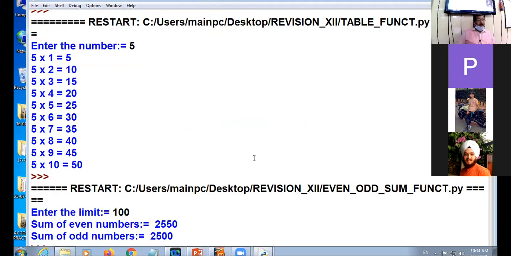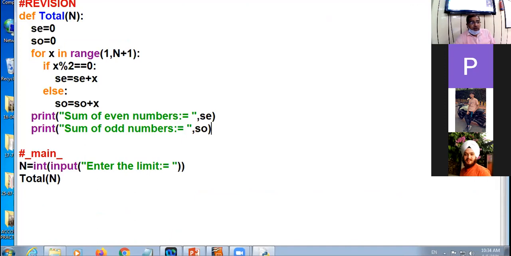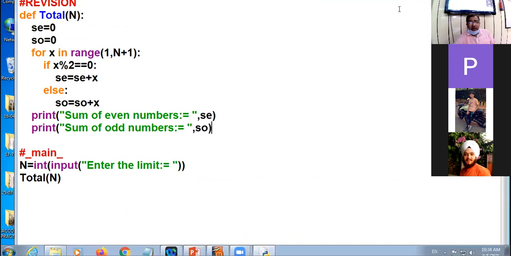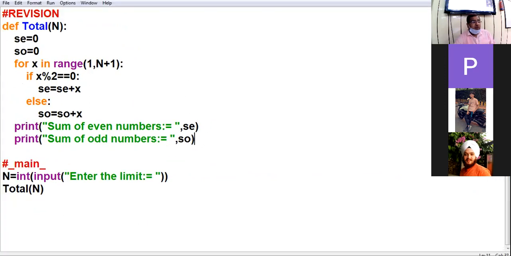See, sum of even numbers is 2550. Sum of odd number is 2500. Am I clear to all? You can check the coding once again. Any doubt? All right. Let us proceed to the third program.